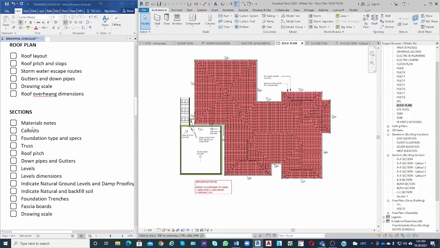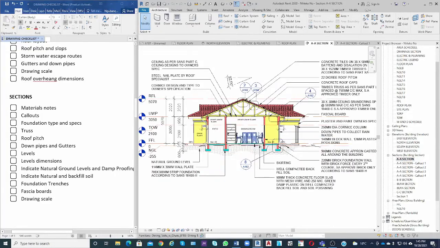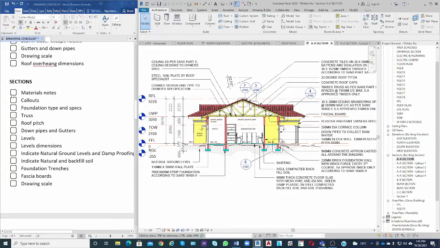And on your section, open section 1:1. On your section, you need to make sure you have the material notes, which are these notes, to indicate what material we are going to use for the roof covering. Is it plaster, stucco, or smooth plaster? And you need to show